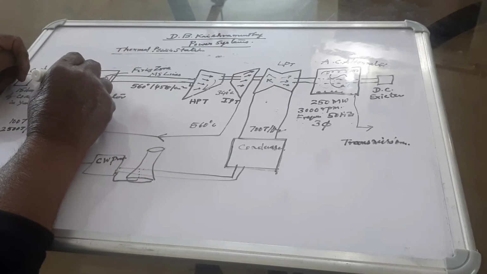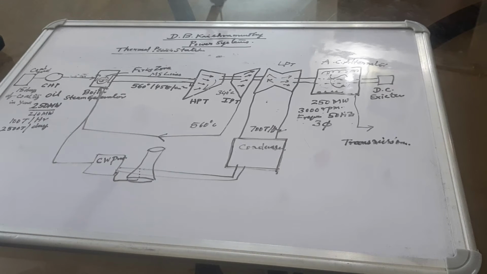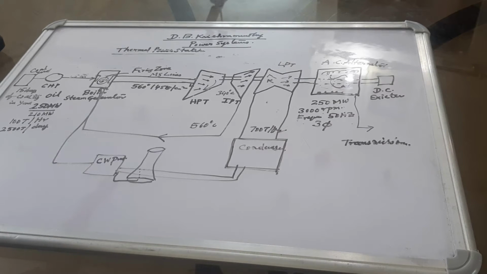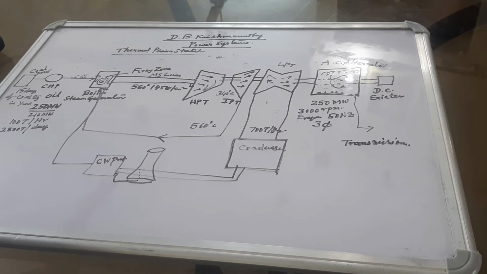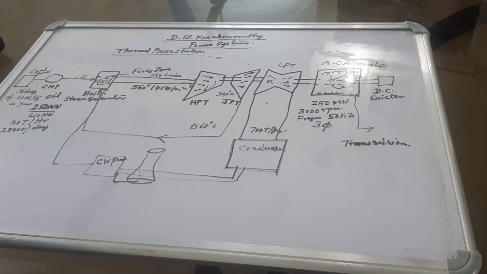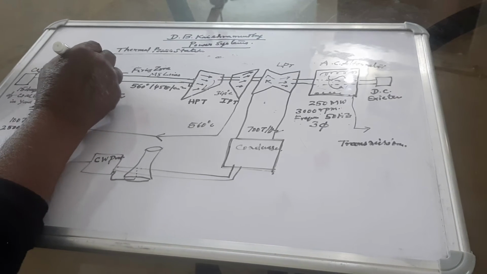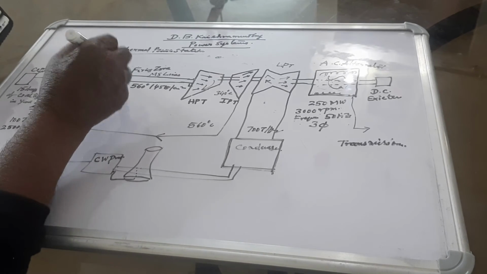So, this is the firing zone wherein the coal powder is ignited and proper heat is produced in order to convert the water circulating in the circulating pipes. Then this water will turn into steam, then beyond 100 degrees it takes the latent heat and turns into superheated steam. This superheated steam is collected in the drum, which is over the boiler.